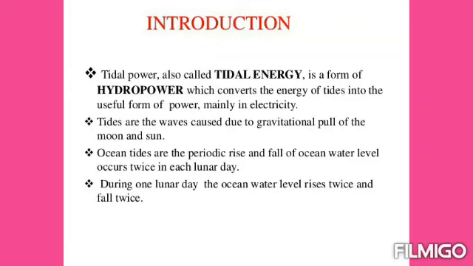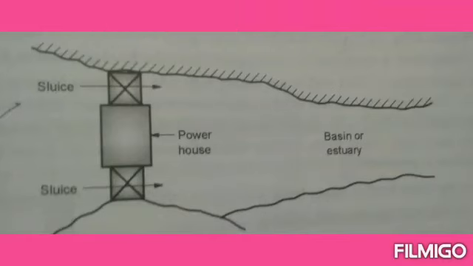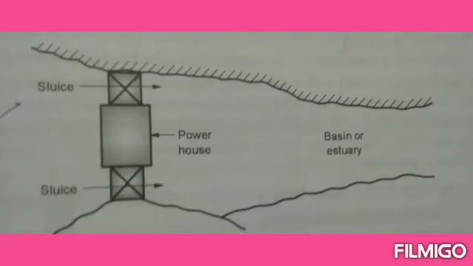There are two types of tidal power plant. One is the single basin system and the other is the double basin system. In the single basin system, as shown in the figure, there are three main components: the dam, the sluice gates, and the powerhouse. The function of the dam is to form a barrier between the sea and the basin, whereas the sluice gates are used either to fill the basin during high tide or empty the basin during low tide, and the powerhouse is used